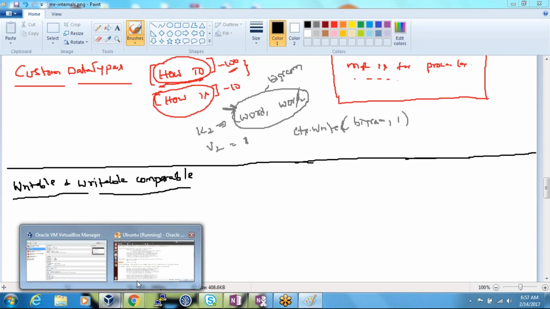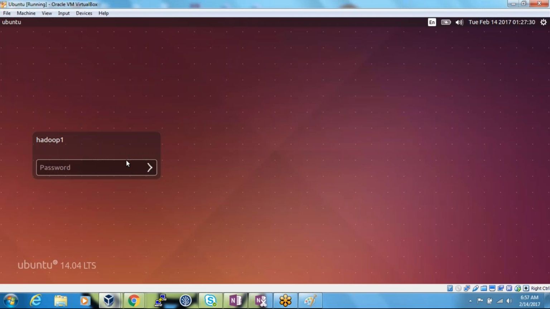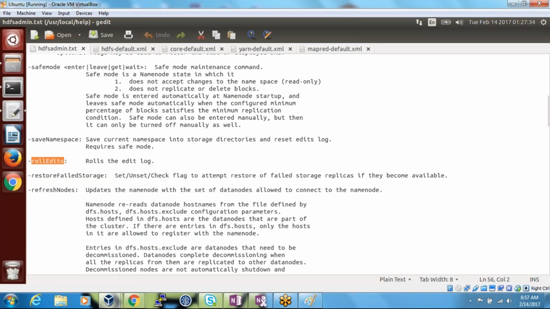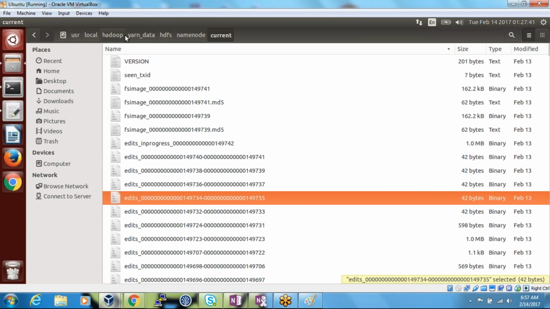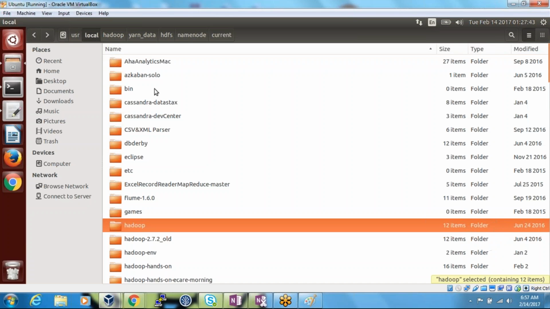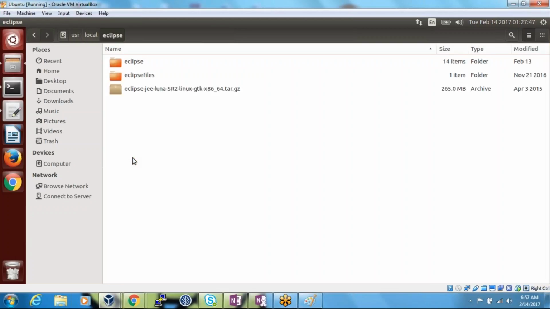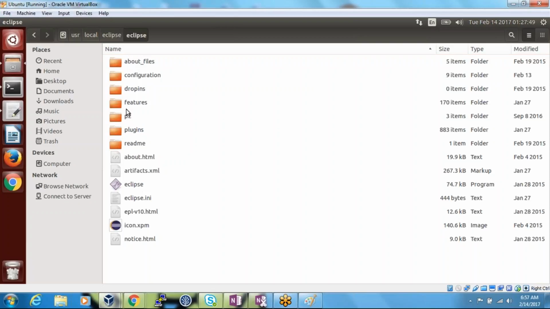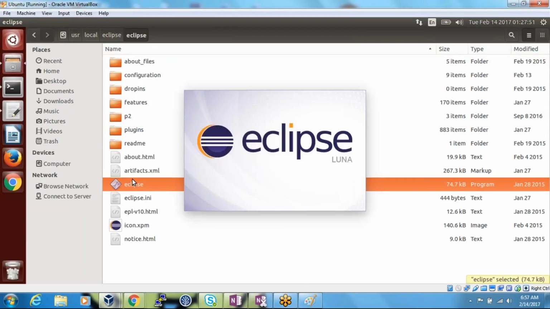That is the reason I love to show the source code for each and every topic. In some cases I may not be able to get the source code to show you, but wherever possible, I'll be showing it. Let me start this. Maybe I didn't start my Eclipse before. By the time Eclipse starts,